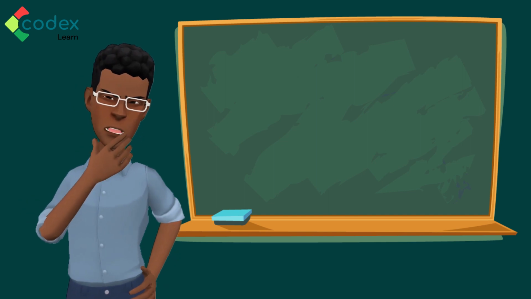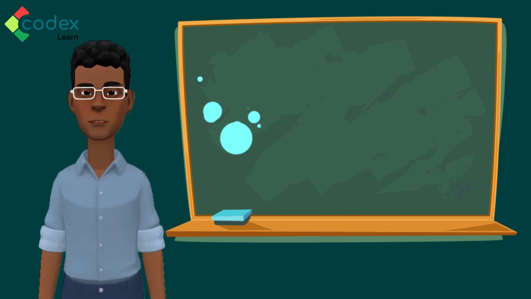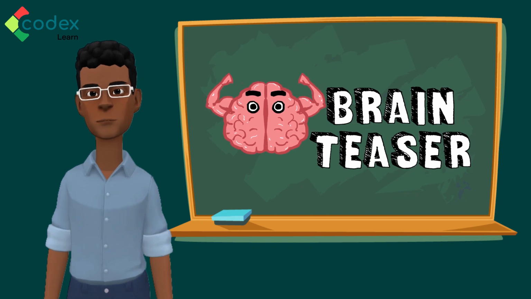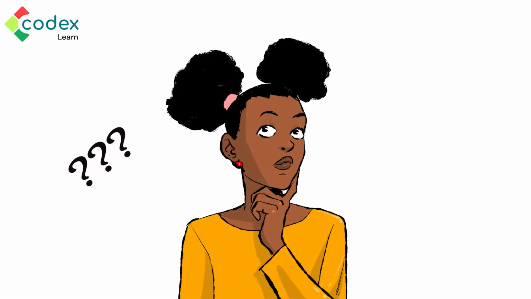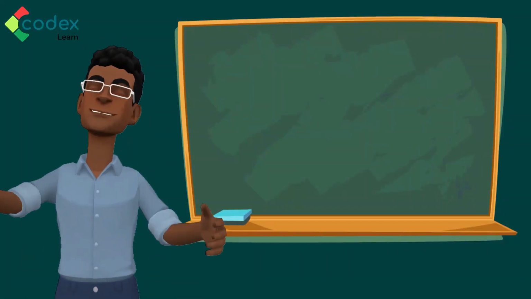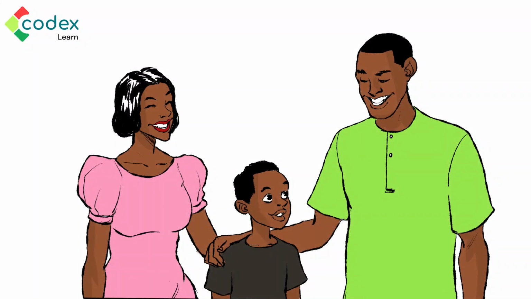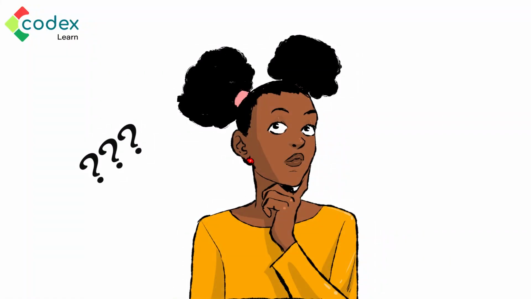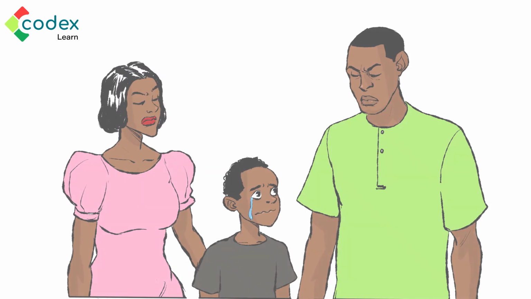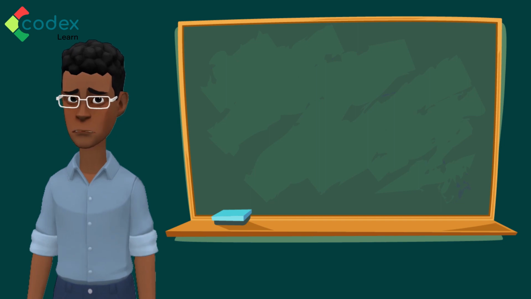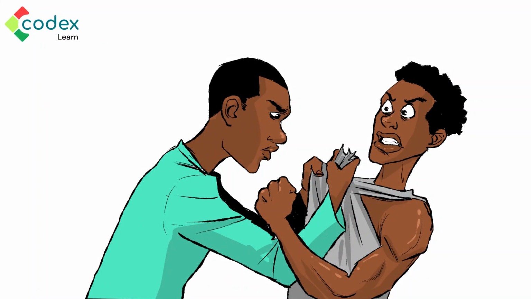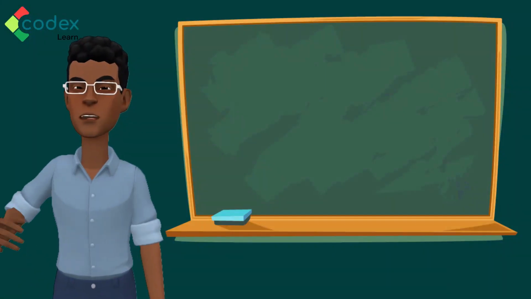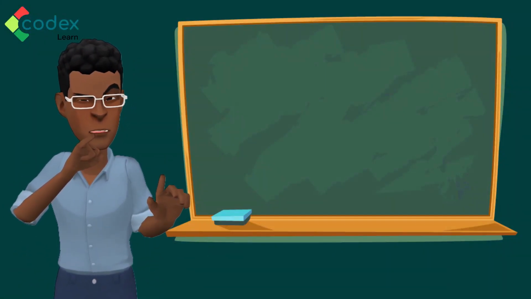Now that we know the reward and result of disobeying rules and regulations, it's time to take a quick quiz. Question 1. What are the benefits of obeying rules and regulations? Yeah, right! It makes us safe and happy, and it also shows we are respectful of ourselves and others. Question 2. What happens when we disobey the rules and regulations? It can make everyone around us very sad, and it can also put us in trouble. Just like when we fight in school, we hurt ourselves and the other person as well. We also get into big trouble because we can get punished.